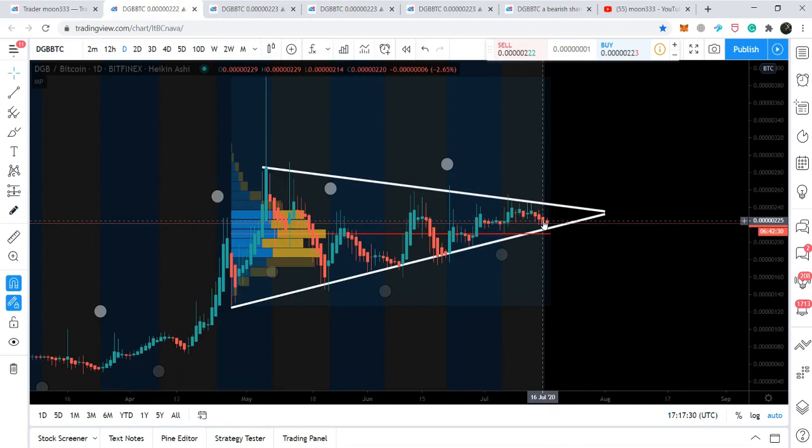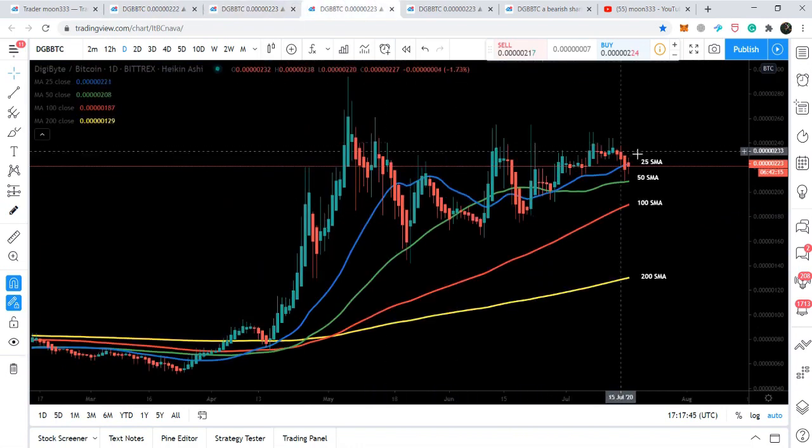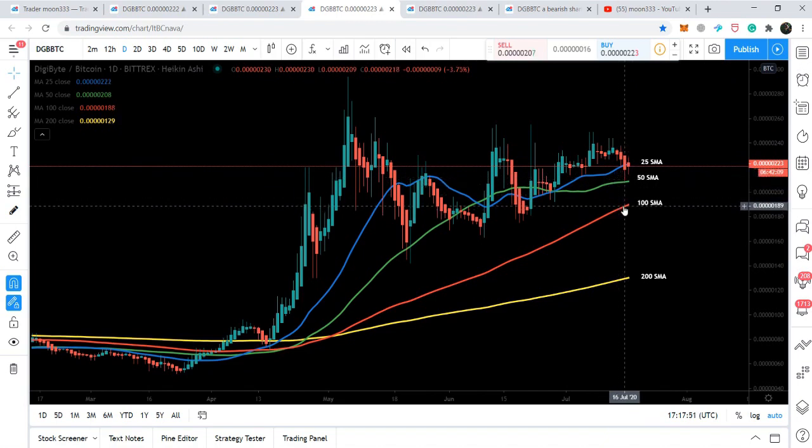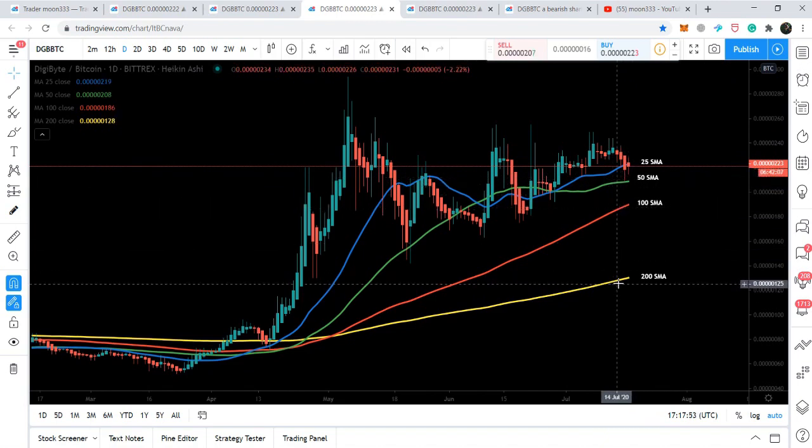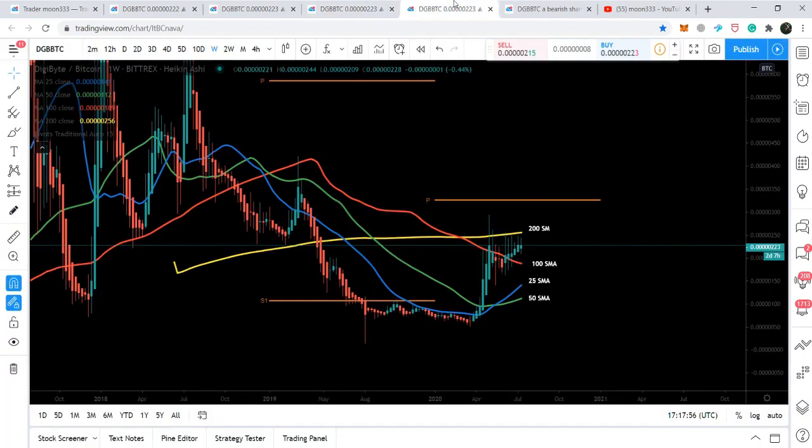Therefore it will be really helpful for the price line to move up from this level, because we have two supports. One is the support of the bullish pennant, and the other is the support of the 50 simple moving average. But once this support is broken down, the price action will move further down to the 100 and then the 200 simple moving averages. And if we watch the same simple moving averages with time periods of 25, 150 and 200 on